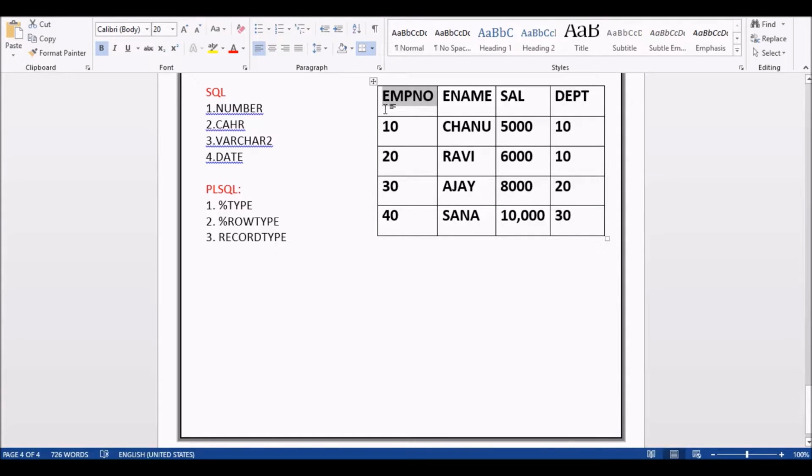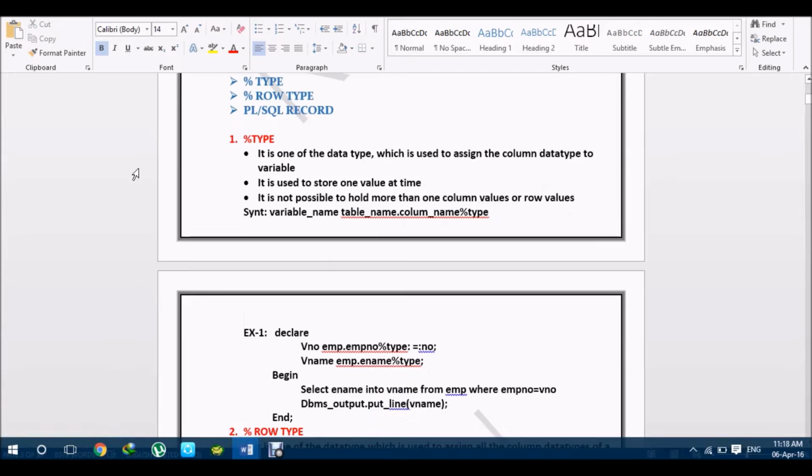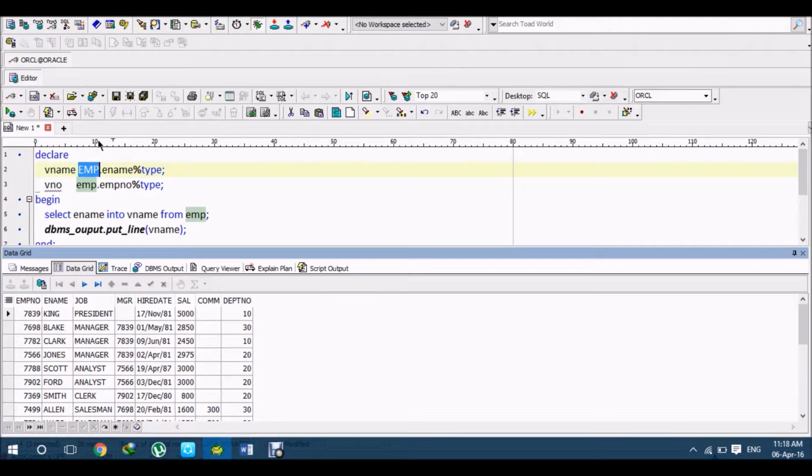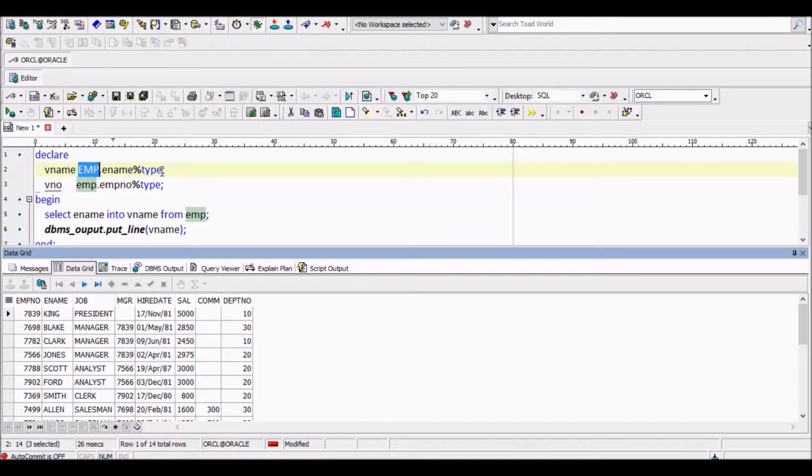I have to use its data type, so that's what I wrote here, EMP.ENAME %TYPE. Now see here, the next variable is v_number from the table EMP dot EMPNO. This column's data type I have to get, so %TYPE.